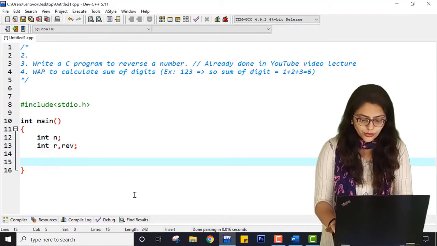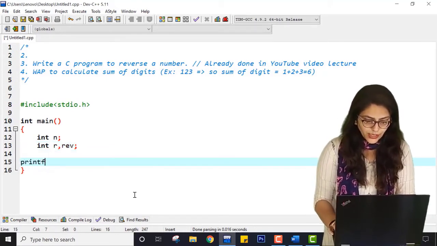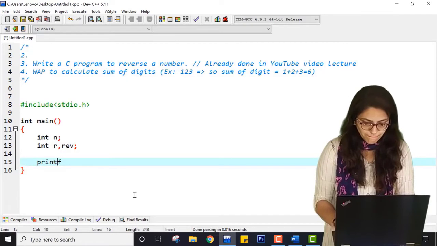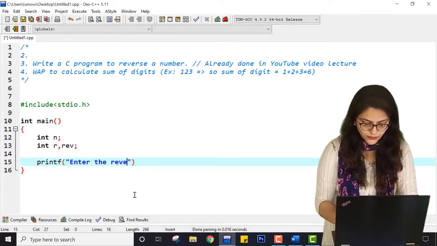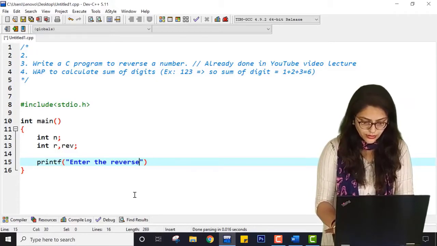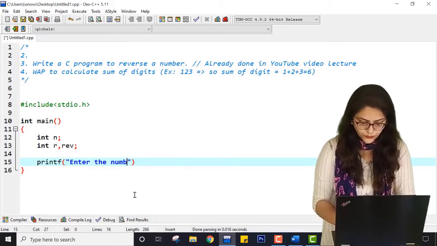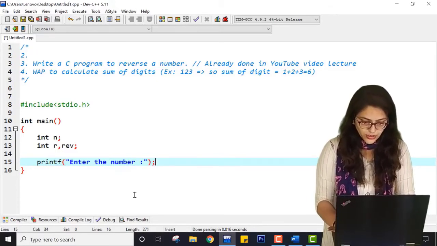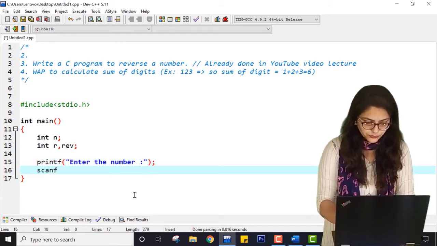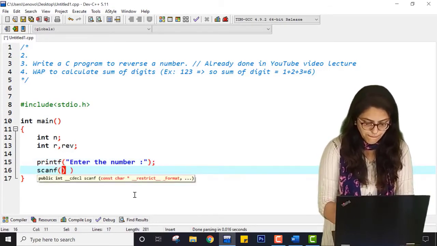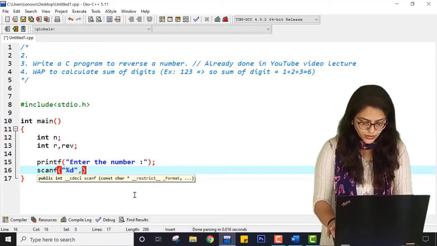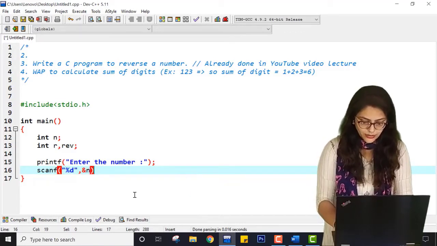Then I am going to printf "Enter the number which should be reversed." Here scanf, save %d and n, right?